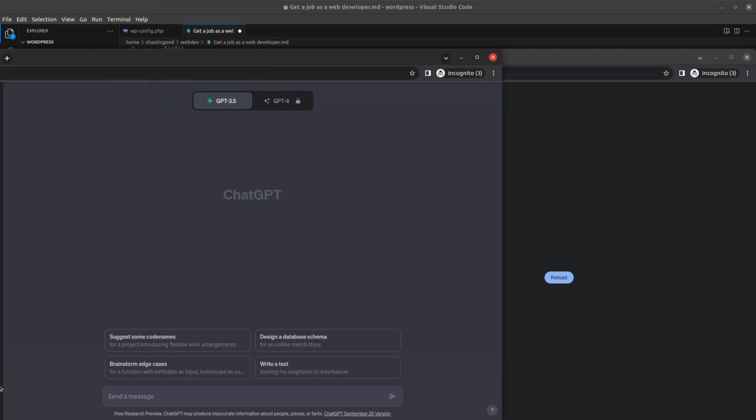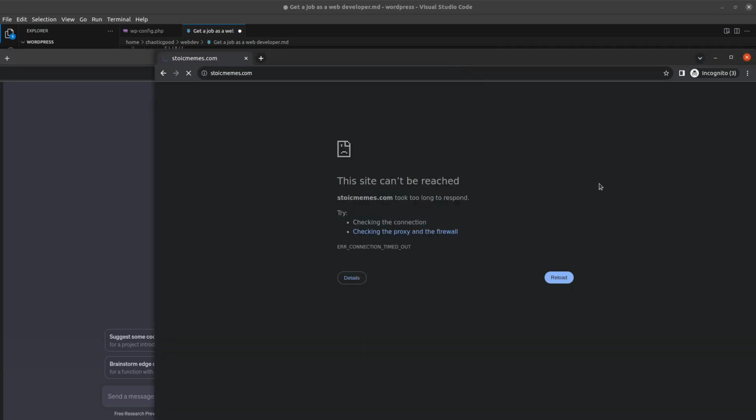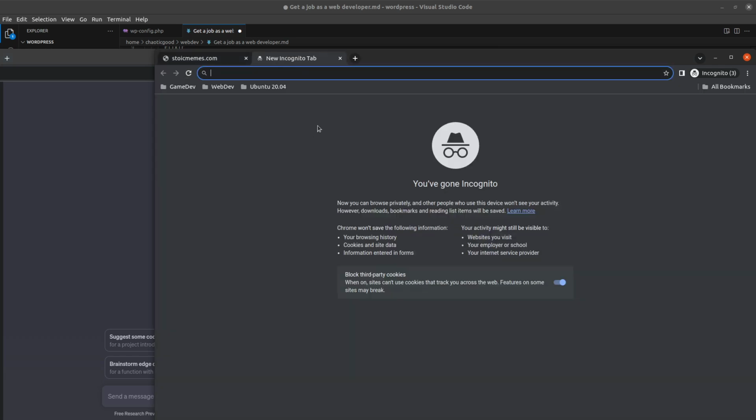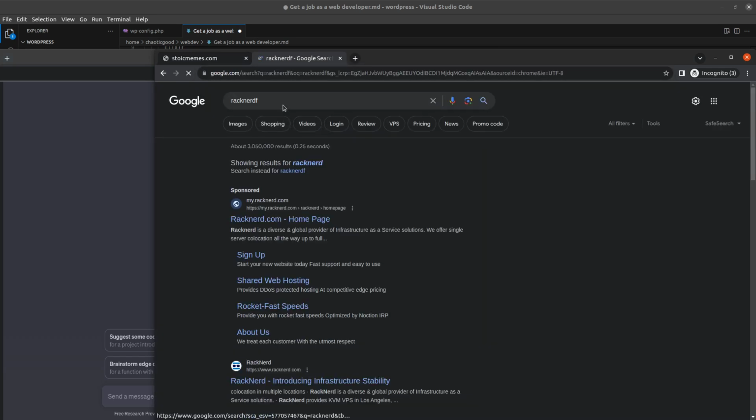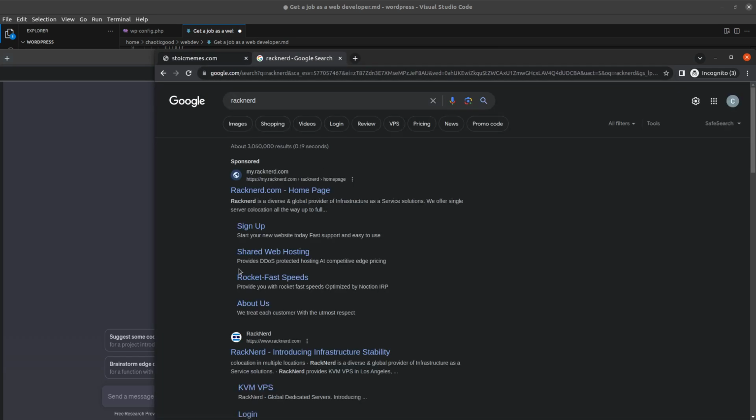This one's for ChatGPT. I don't want to show my email because there are bots that might be crawling and then spamming me, so I don't want it to be exposed. So okay, I already bought and rented that server in RackNerd. So I already have